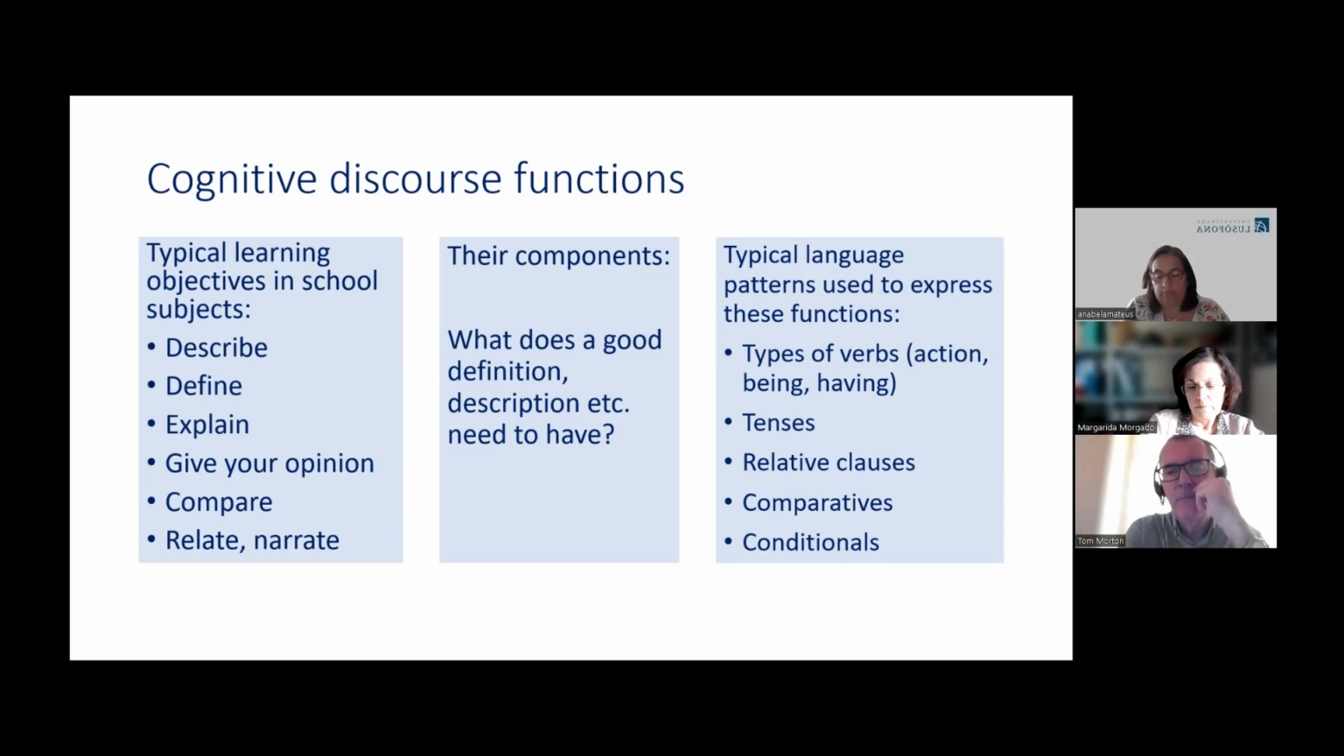And cognitive discourse functions were originated as a term by a colleague we work with quite a lot, Christiane Dalton-Puffer of the University of Vienna. And Christiane, when she came up with the construct cognitive discourse functions, was concerned to tidy up the mess there is around, because there are so many of these terms which are floating around, which teachers use, which are in official documents, which are in curricular documents,